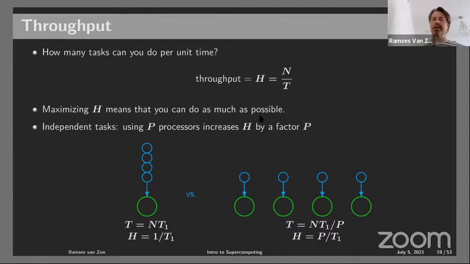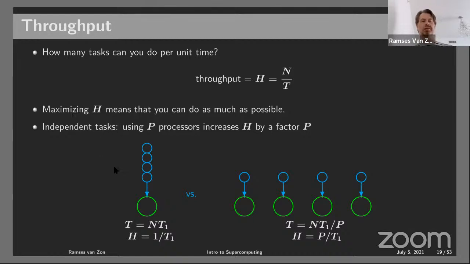Now, one way to measure that, to see how we're doing, is to measure what's called a throughput. It means how many tasks you can do per unit time. That's an important measure, more important than the speed of a single task, because in this case, we have many tasks to do. So it really matters what the throughput is, how many tasks I can do per time unit, to know how fast my things go. So maximizing the throughput means getting as much done as possible.